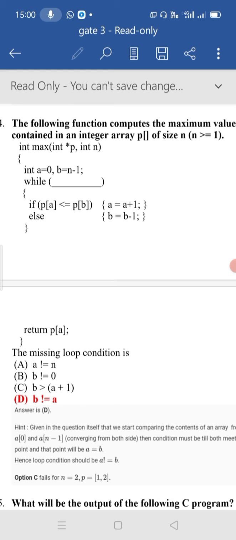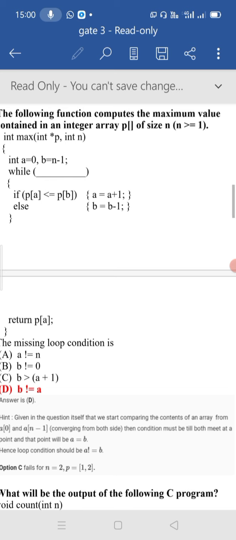What is missing is the loop condition, that is, what condition we need to fill in the while loop. The question itself says it starts comparing the content of the array from a of 0 and a of n minus 1, converging from both sides.